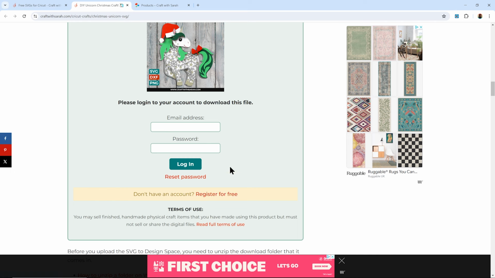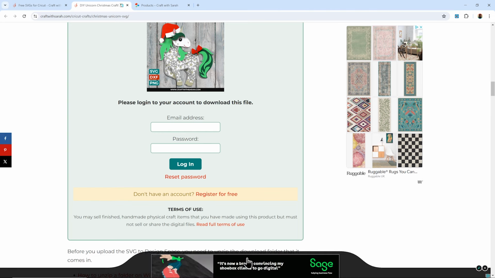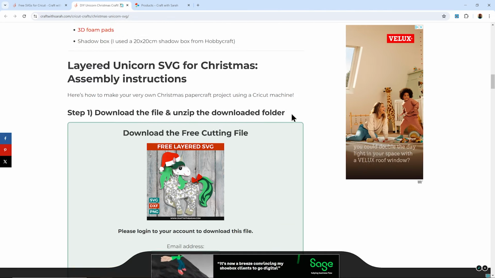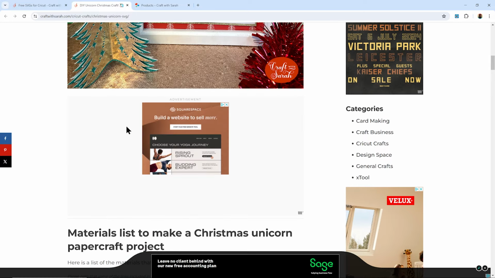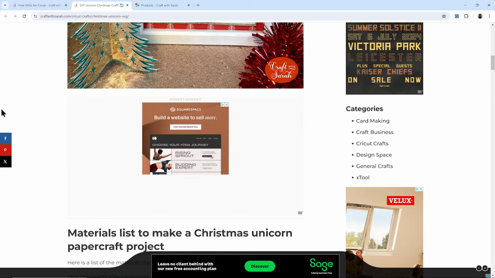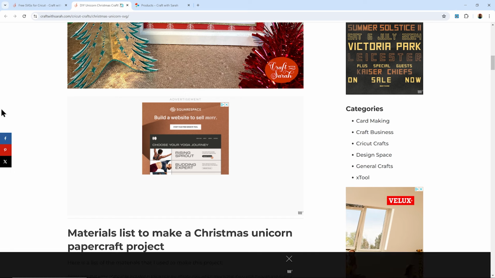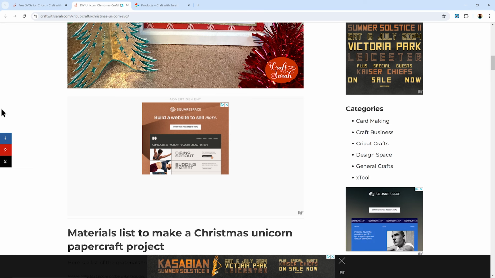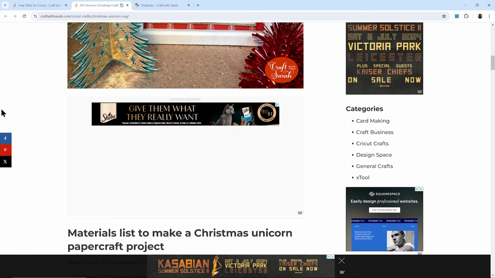Now, one thing you'll notice about my website is that it does have advertising on it. For example, we've got this bar along the bottom and also this box up here. And sometimes the ads can also appear within the post like this. Having adverts on my site is how I compensate for providing so many free SVGs. It takes on average around 15 hours for me to create a free SVG, from coming up with the idea right through to testing it and cutting it and making a video, writing up the blog post and putting it on my website. So the adverts are just a little way for me to get back a little bit of